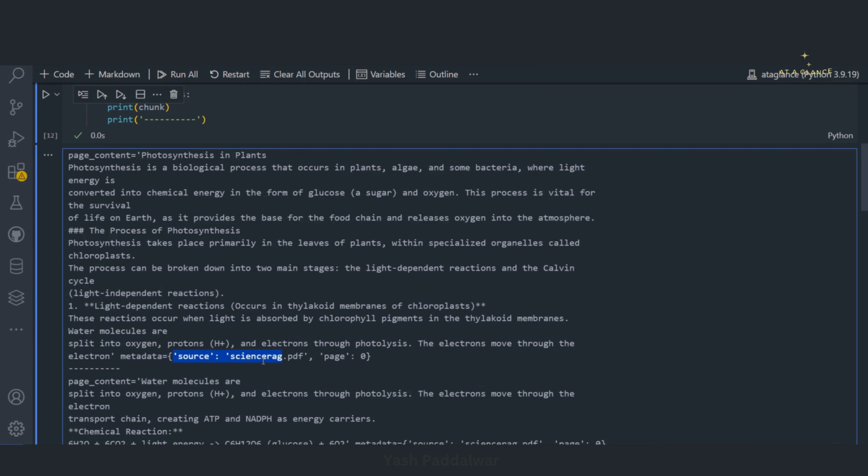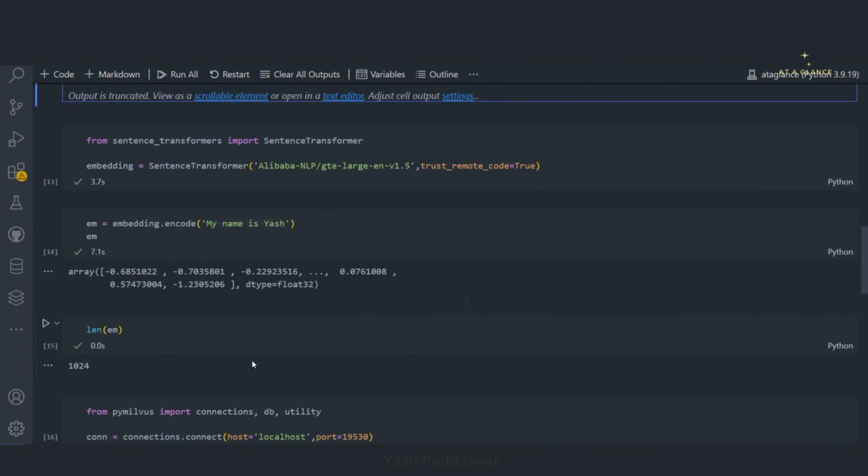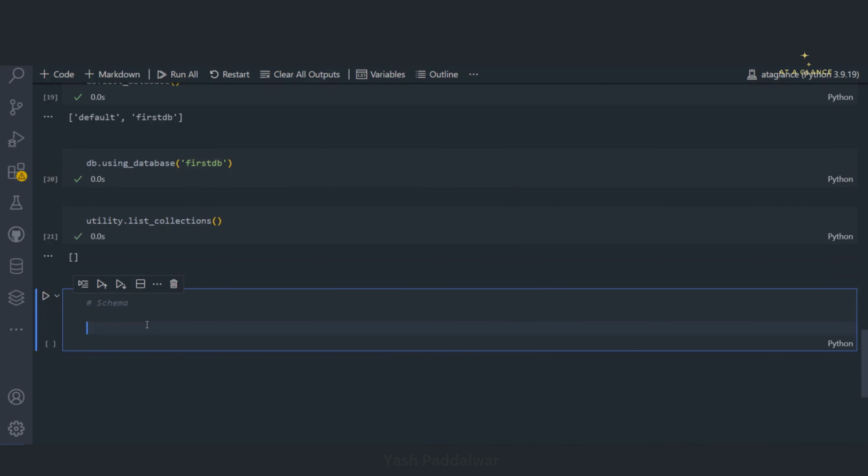The source is nothing but the path from which this document was retrieved, and then the page, which is nothing but an integer value of the page at which it is exactly located. So now that we know we have to store three different things, we'll specify three different variables. Our very first field will be the source field. So let's write source_field,